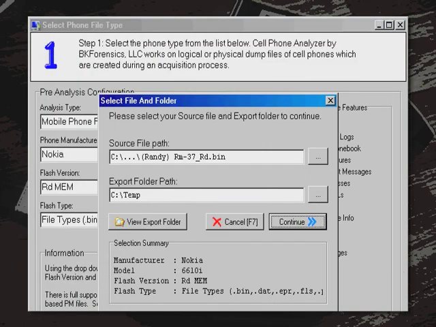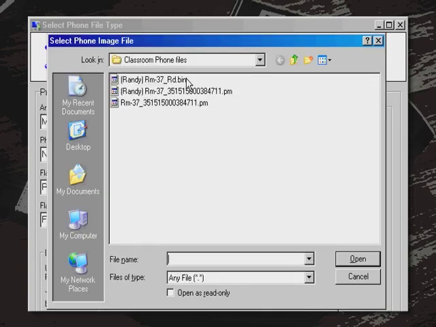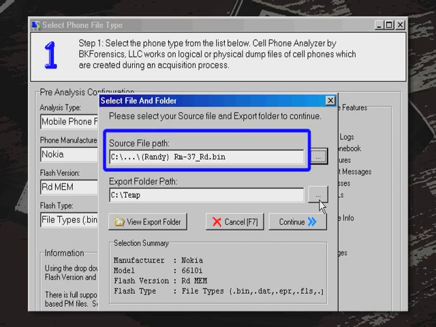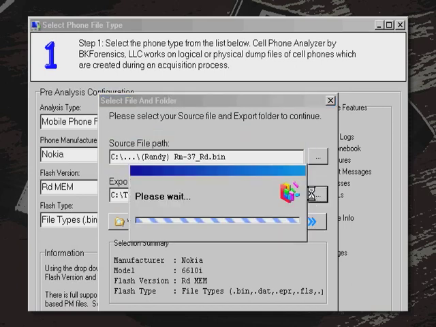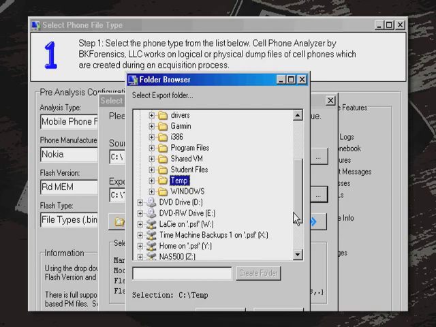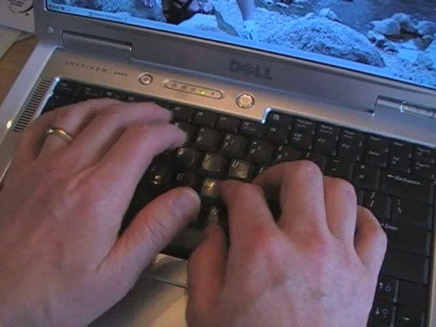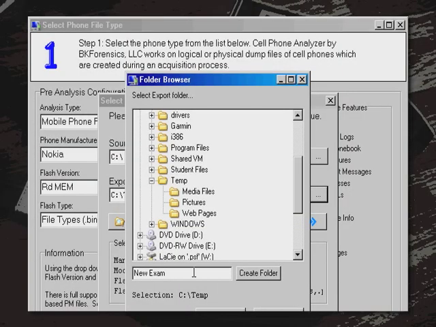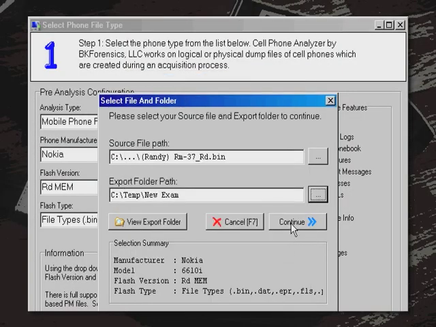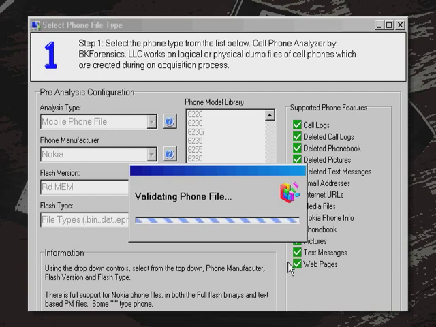CPA prompts us to get a couple of more items of importance. Most importantly is the path to the flash file. CPA refers to this file as the source file. Also, you must let CPA know where you want to store your results. Provide a path to any directory, but preferably an empty or new directory. Click Next to continue. Cell Phone Analyzer will take the information you provided and conduct a quick verification on the